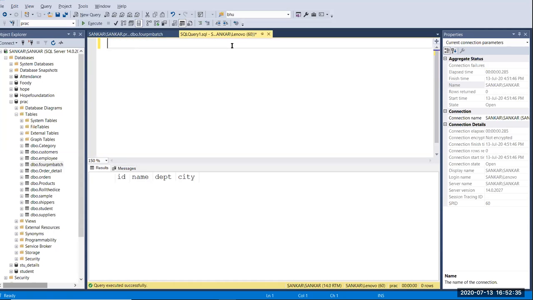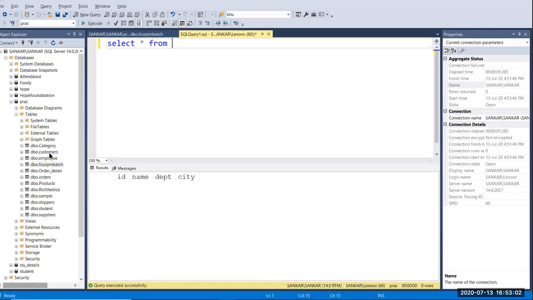Then insert the data here, or the customers table, right? Here we have shippers, order details, the employee table, and also the customer table. Okay, we will get the data from these tables and insert into the new table, right? So let's get the data.